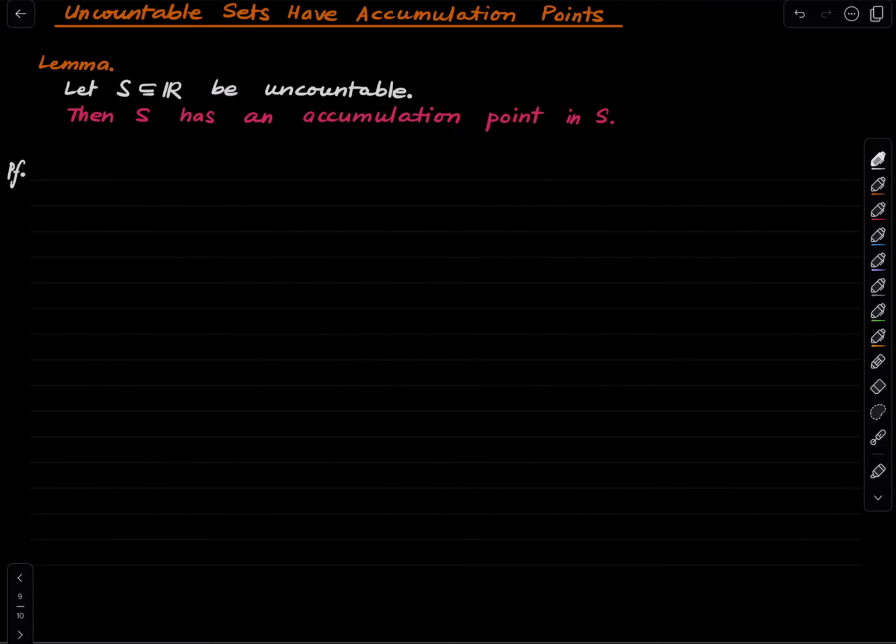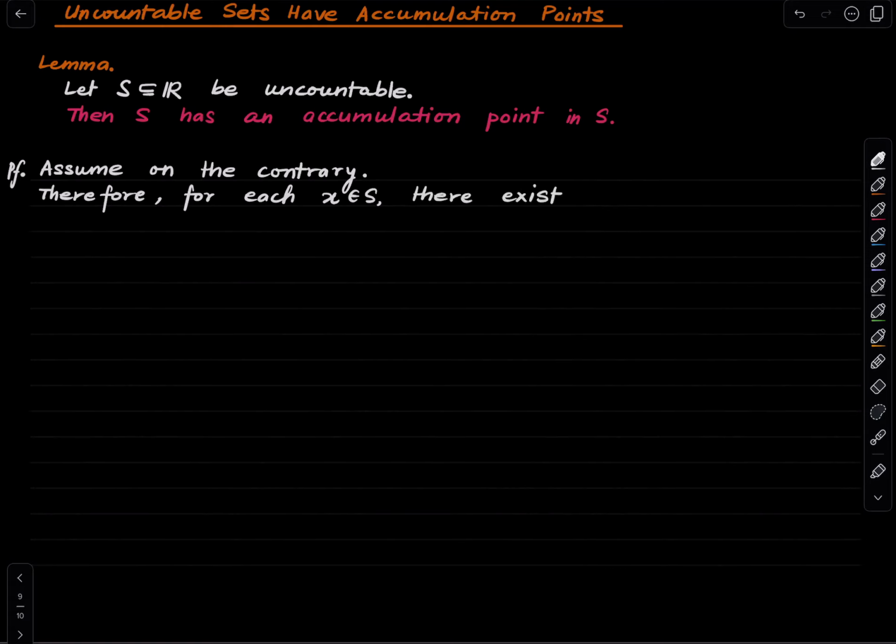So we want to show that there is some accumulation point of S sitting inside S. So we'll assume on the contrary, which means that we are assuming no point of S is an accumulation point of S. So therefore, for each x in S, there exist real numbers ax and bx such that